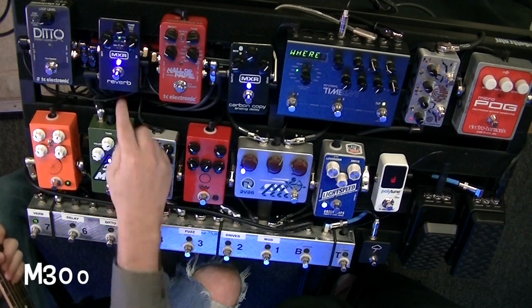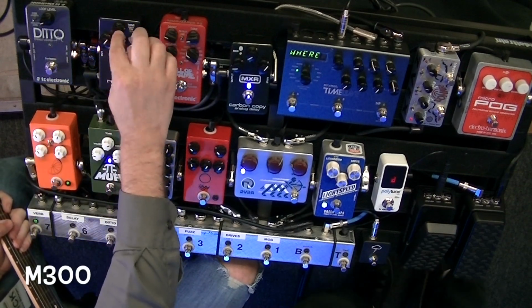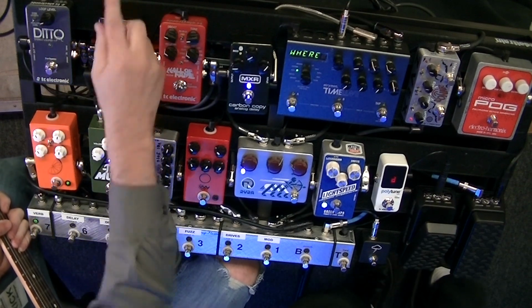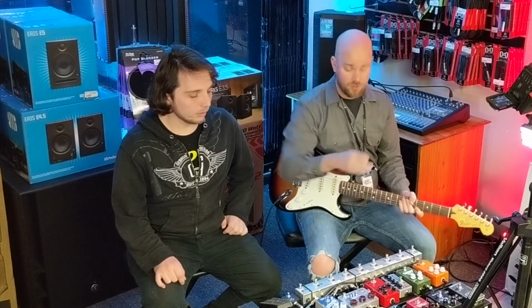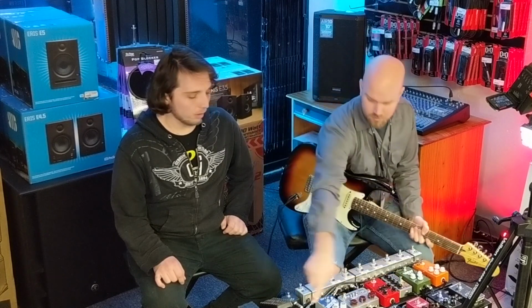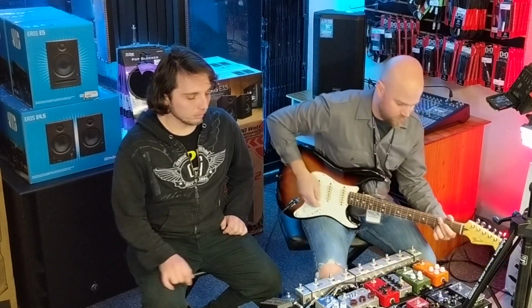Because honestly, with the M300, I use it as a very exaggerated reverb. I typically keep it on a plate or an Epic, which if you hit this button, it'll change through all six settings, which is cool. Just so you know, I've got expression running here so that I can do...